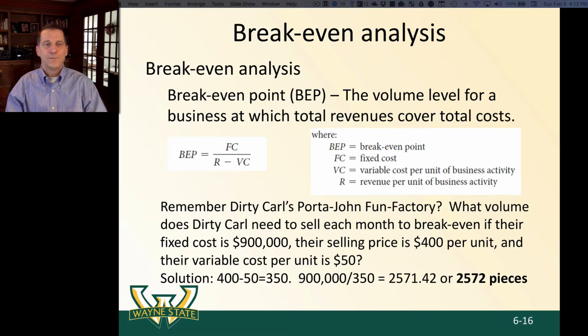Break-even point equals, well, we need to know the difference between the per unit selling price and the per unit variable cost first. So that was $400 per unit selling price and a variable cost of $50. The difference is $350. Then we just take our fixed cost and divide it by the $350, and we see that we need